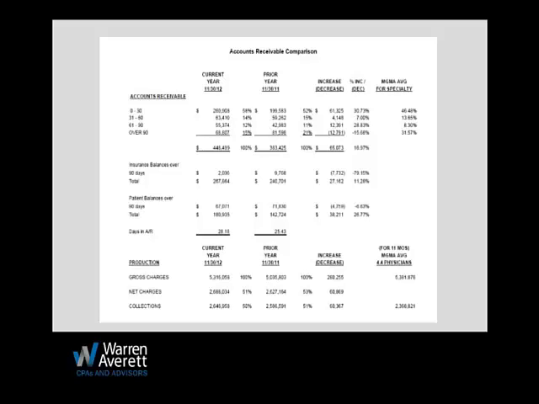So for this group, if we were looking at it in a meeting with them, we would say you collected $2.6 million versus the MGMA average of $2.3 million. You're just above average. And that may make you happy, that may not make you happy. It just depends on your personality and where you stand. But at least you know where you stand.